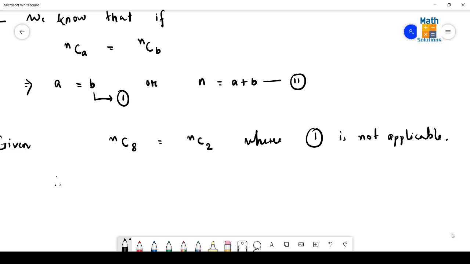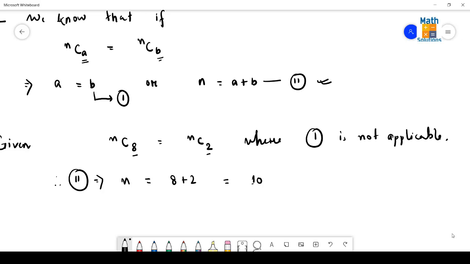Therefore, 2 implies. Why is 1 not applicable? Because in these parts, please observe, A is equal to B. Is 8 equal to 2? No, not possible. Therefore only this expression will be applicable here. So ultimately n will be equal to 8 plus 2, that is equal to